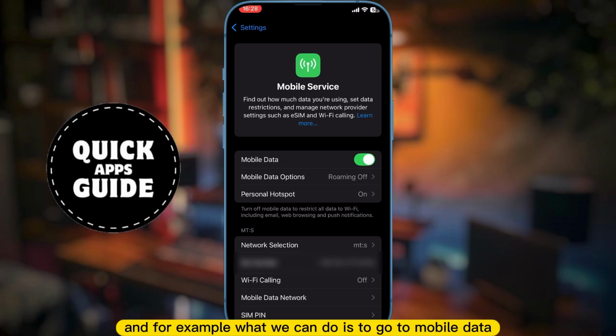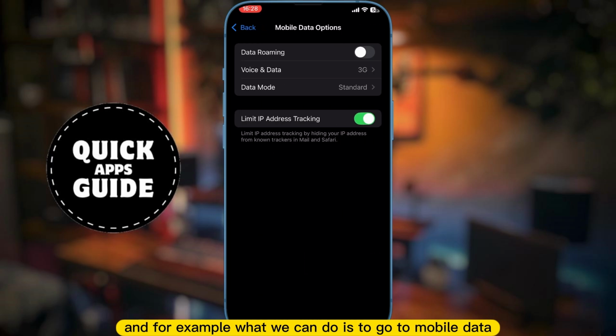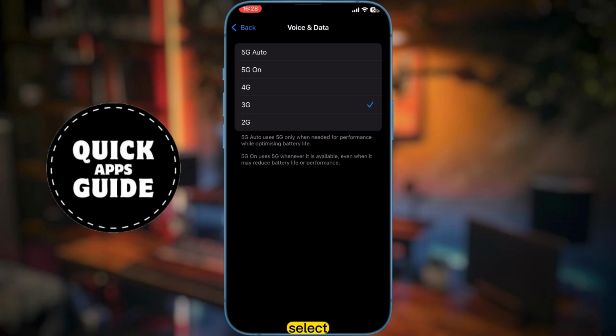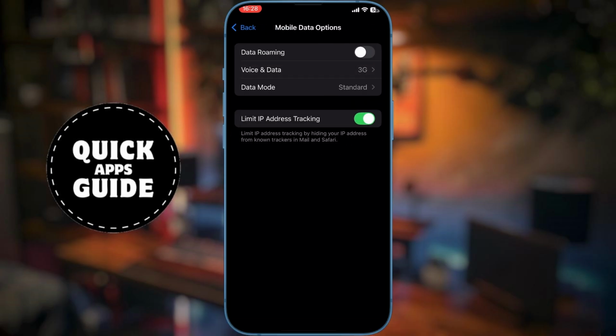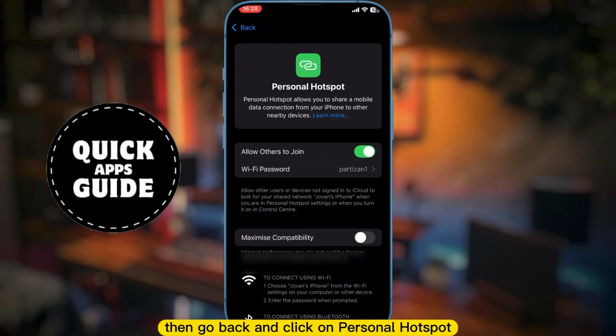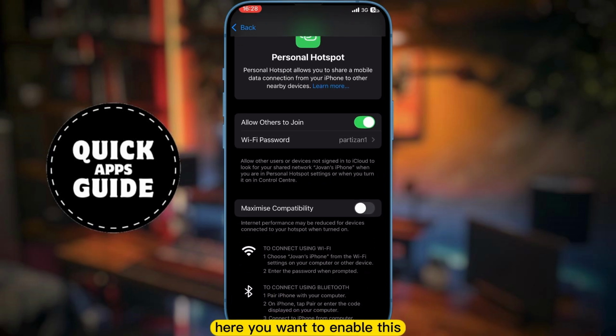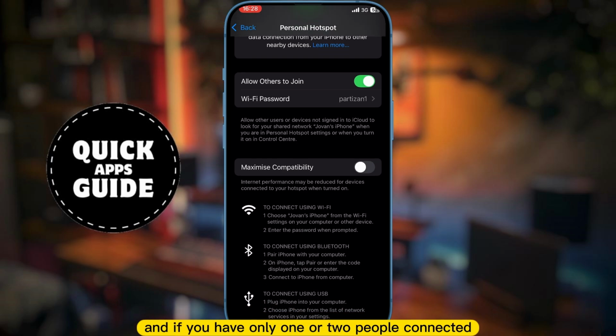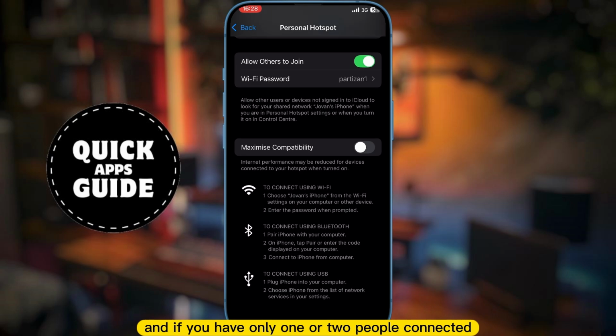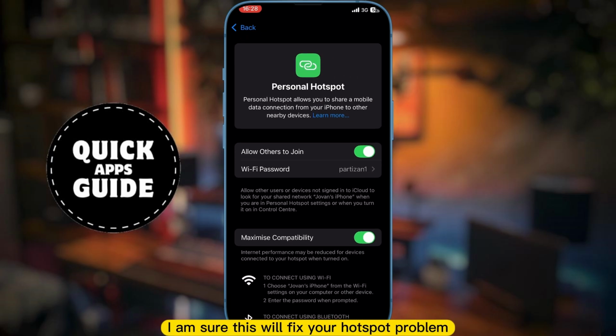and for example, what we can do is go to Mobile Data, select our internet connection speed, then go back and click on Personal Hotspot. Here you want to enable this, Allow Others to Join your personal hotspot, and if you have only one or two people connected, you can enable the option Maximize Compatibility. I am sure this will fix your